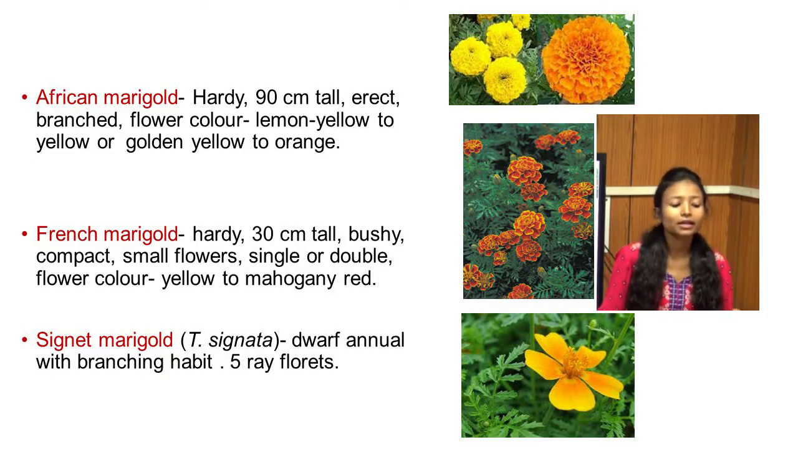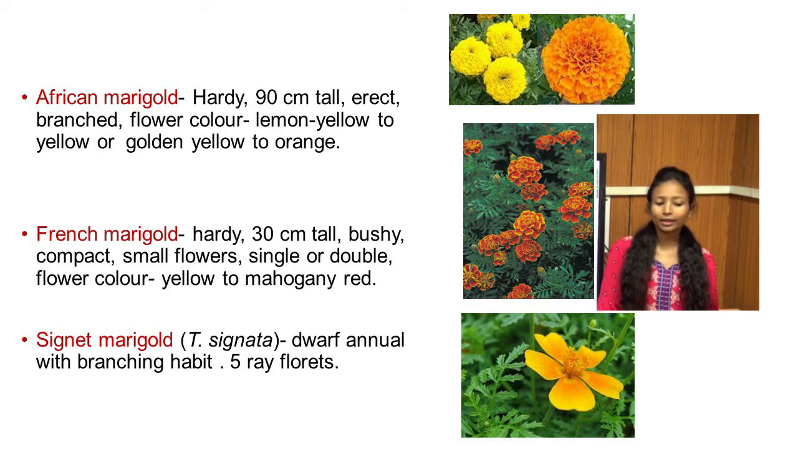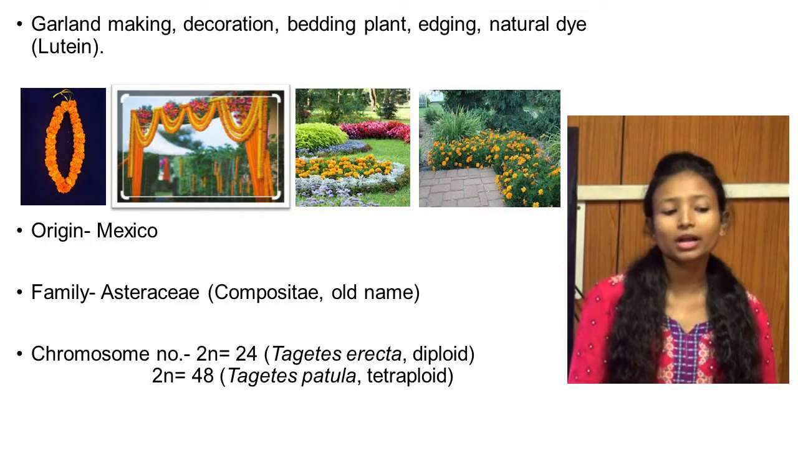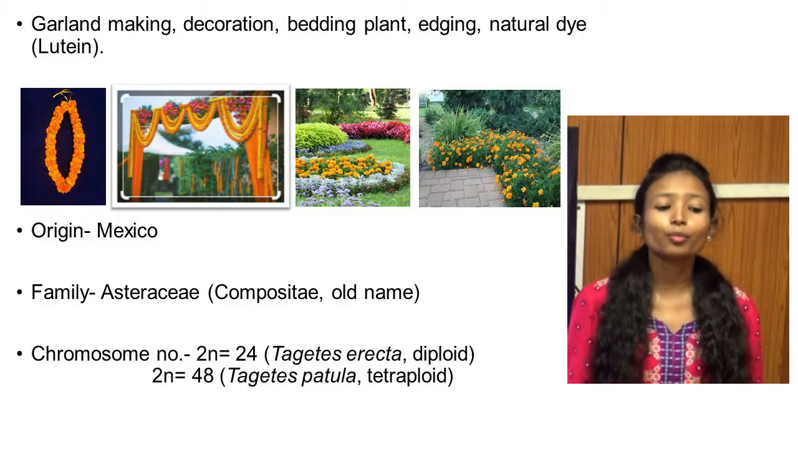Then in case of signet marigold, also known as Tagetes signata, they are dwarf species of marigold, and the distinct feature of this flower is that they have 5 ray florets. So this species you can differentiate from the African marigold and French marigold based on the presence of 5 ray florets. Marigold as a loose flower is used for garland making, decoration, for bedding purposes as you can see in the picture,